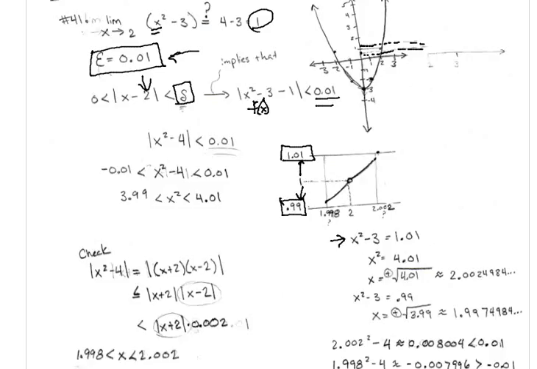When I solve this, I have x squared minus 3 equals 1.01. My x squared value then would be 4.01. And when I take the square root of this, I get 2.002498, etc. When I take x squared minus 3 equals 0.99, and I do the same thing, I